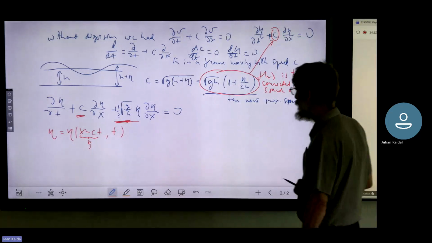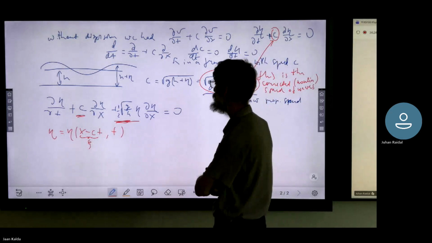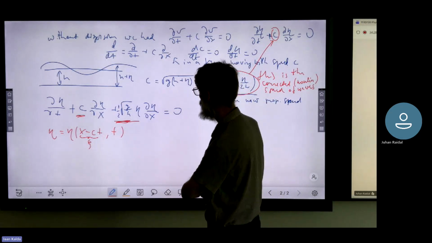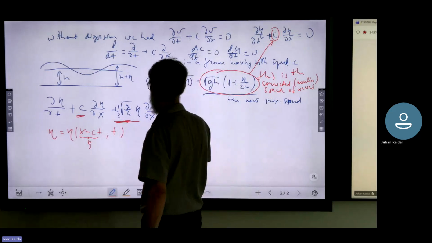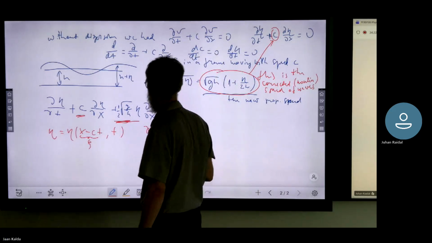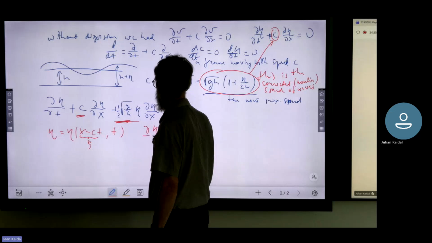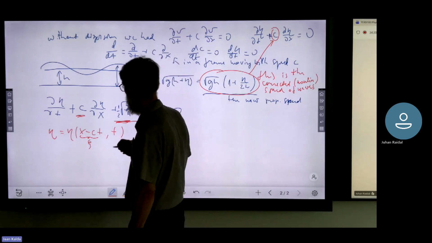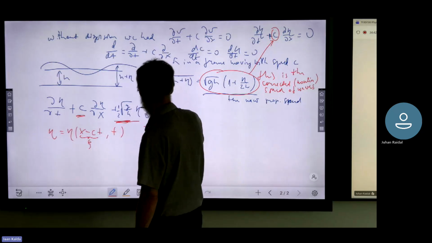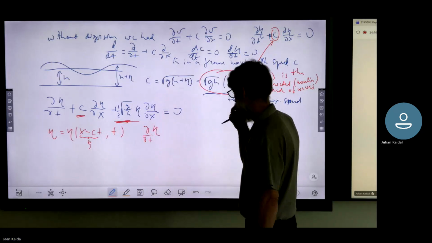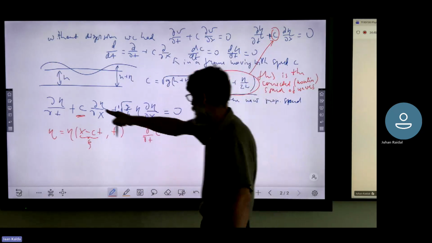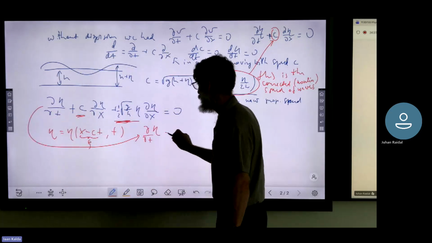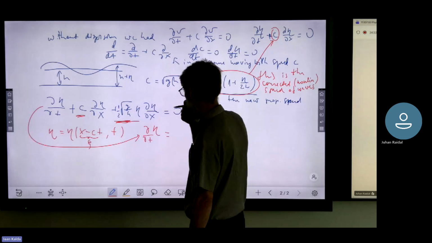And in that case, if we do that, then in new coordinates d over dt now, d eta over dt. Now what does this become? The d over d eta over dt becomes